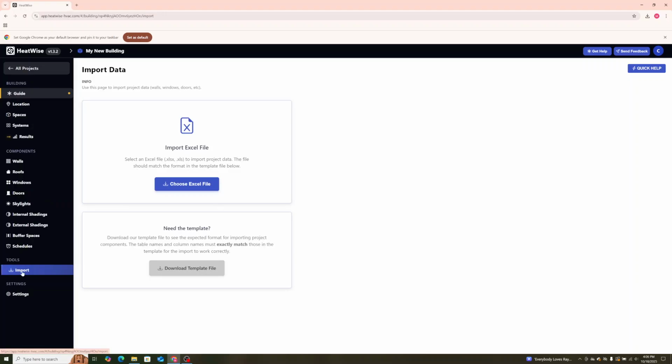From the Import tab on the left, you can import an Excel file from your computer, but it has to be of the right format. So to get the right format, what we do is download the template file by clicking this button here. So once we've downloaded the template file and opened it up,